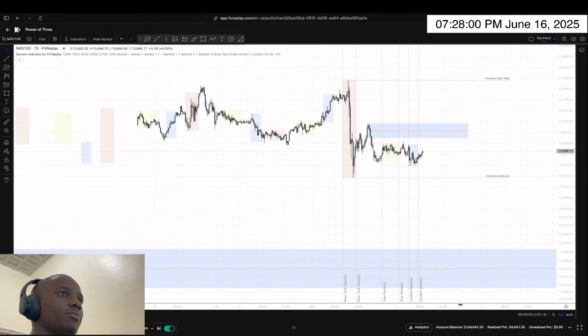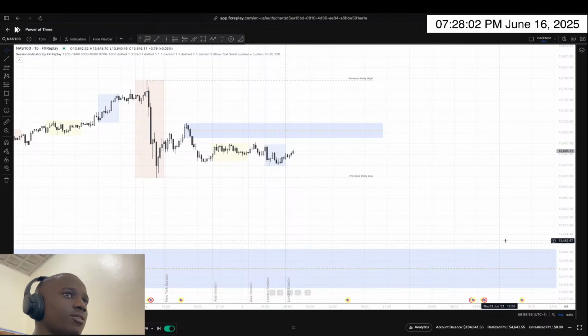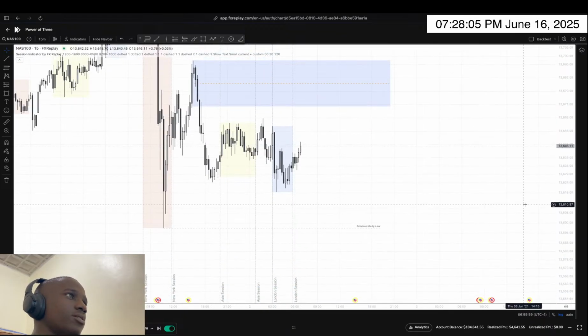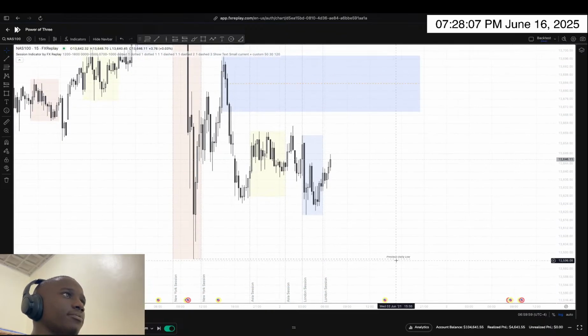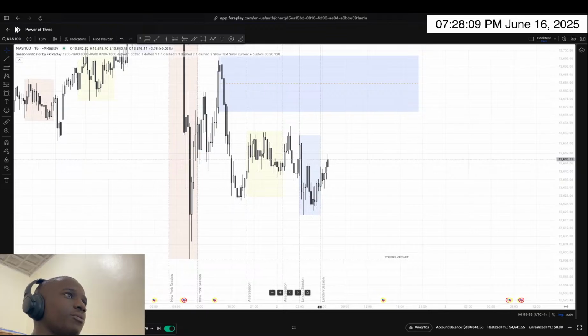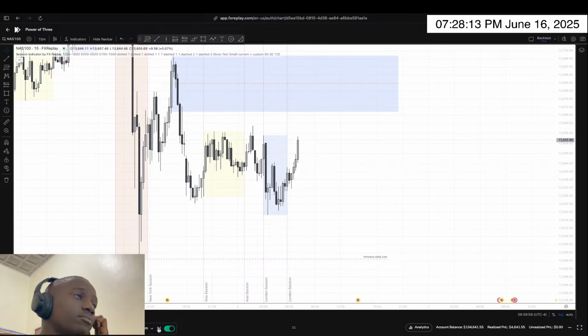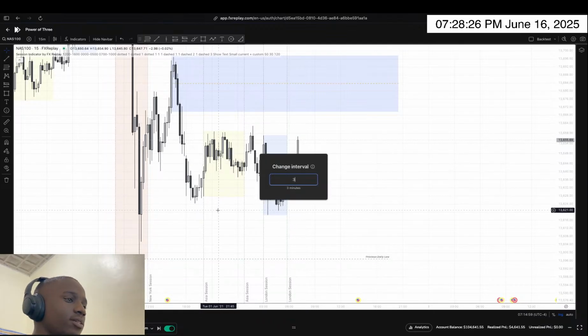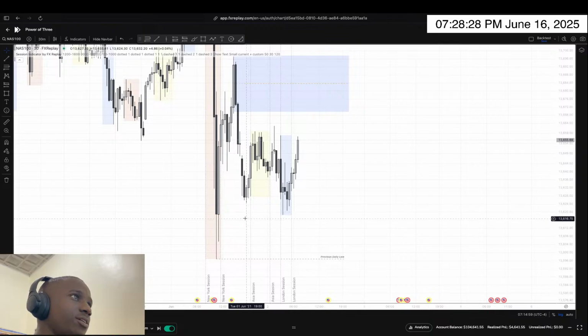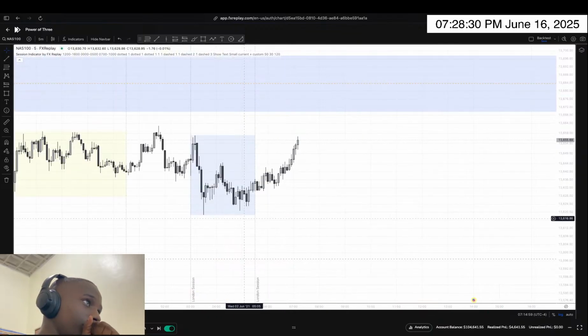So back to the 15-minute now. I'd like to see a confluence that makes me push higher. But so far, the only one we can see is that we have a market shift here. Let's see. Oh, this is really nice. You can see we have a market shift here. After taking out this low, we swept it, then we created a high, then we shifted structure on that high exactly, but we don't have any fair value gap provided so far.